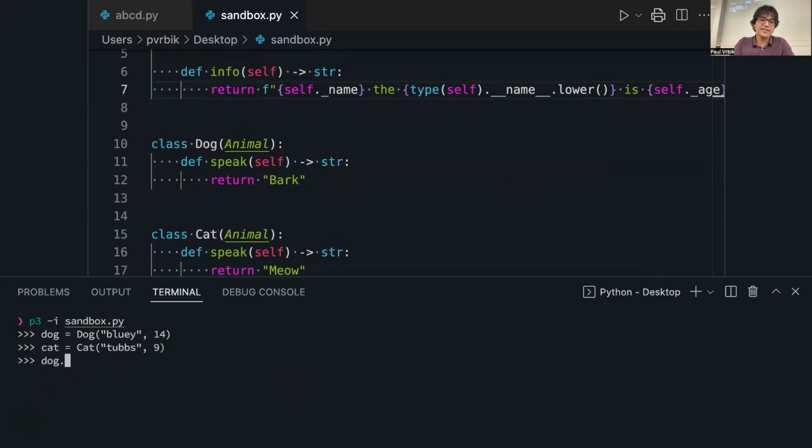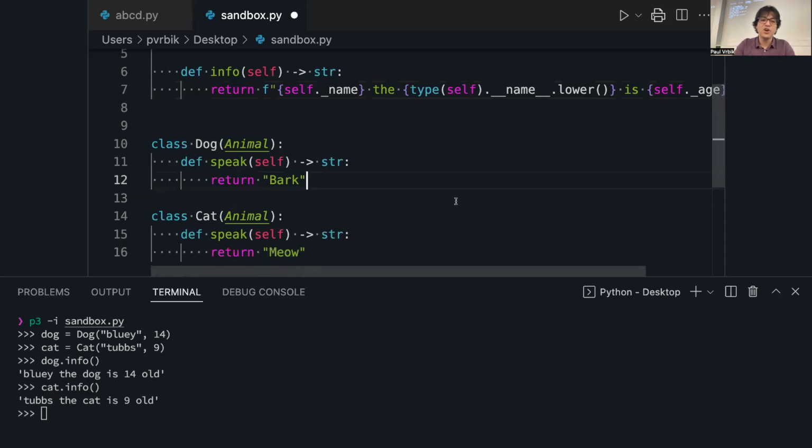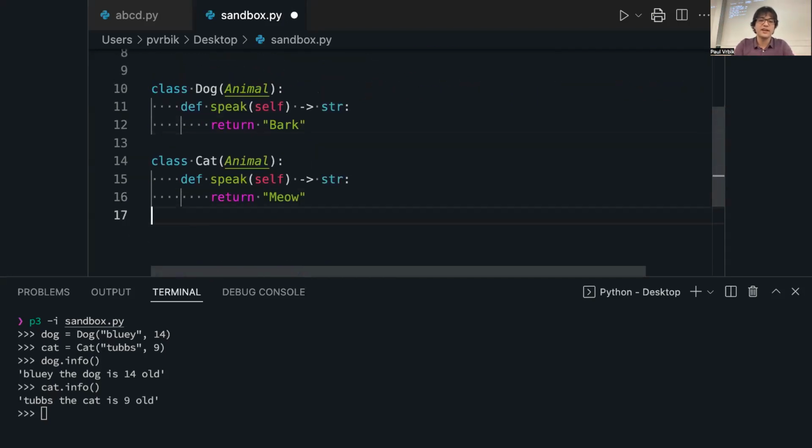Okay, so let's try to get dog.info. Bluey the dog is 14 years old. Cat.info. Tubbs the cat is 9 years old. So you see it was all sort of automated. We really reduced the number of lines of code we had to write. Like for instance, if I wanted to do another one,